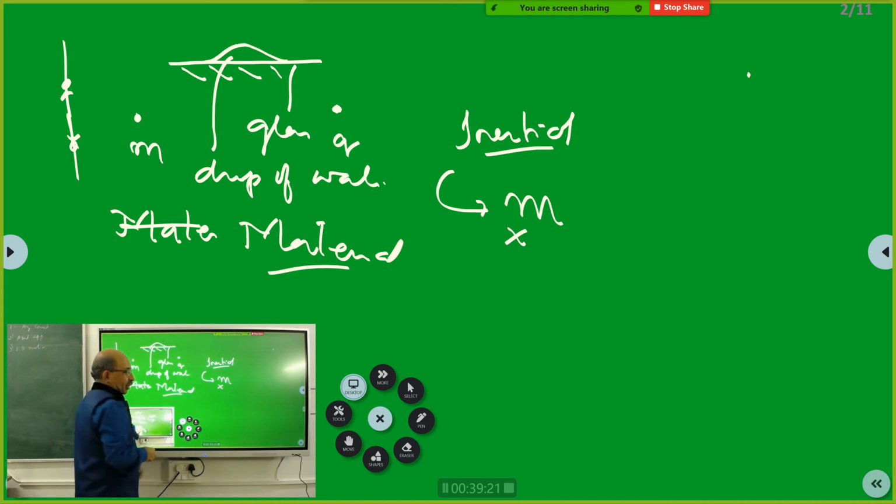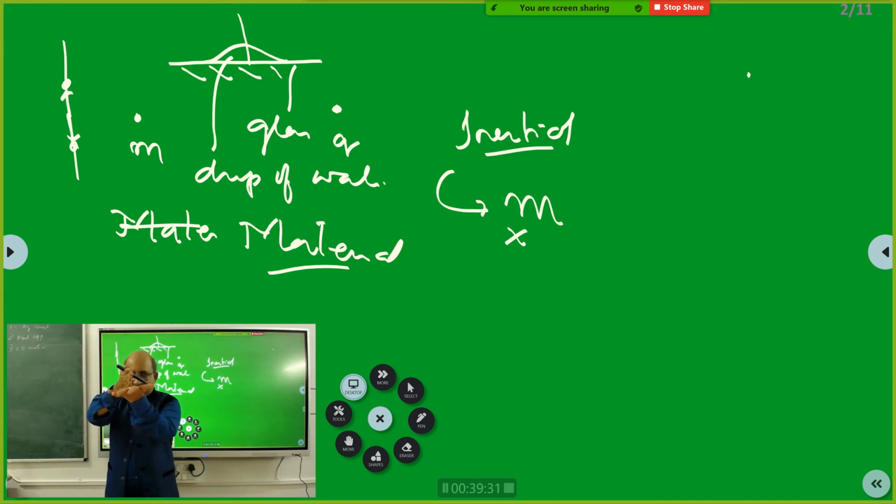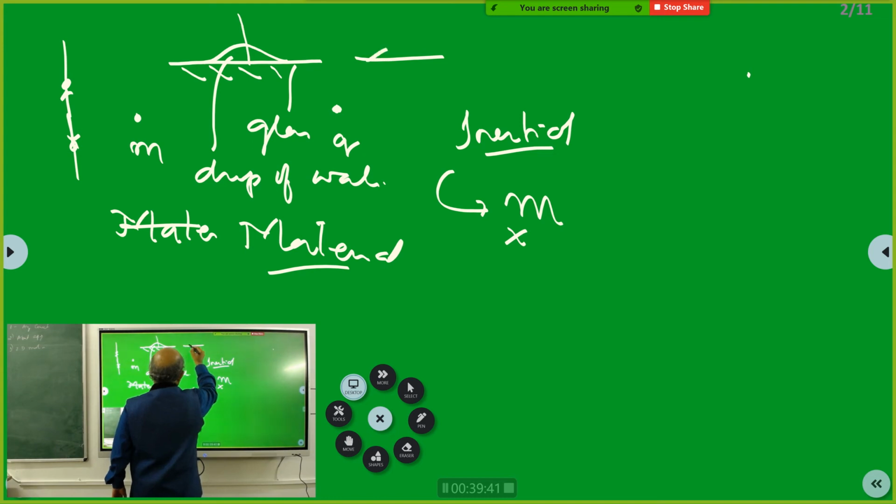Okay. Now what do you do? You take a thin blade, put it in the drop of water, and try to move one part slightly like this. Got it? Okay. So what will you see? You will see one drop like this and another drop like this, and the knife is in between.